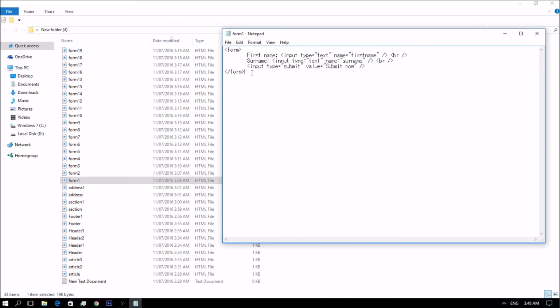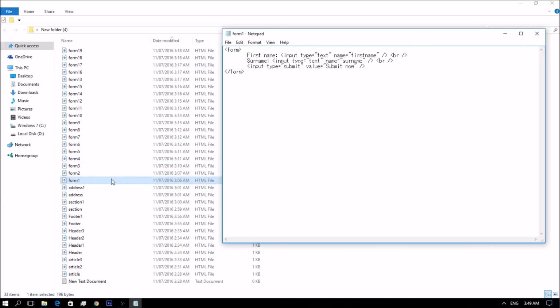So the form tag contains the content of your form. This content is called form widgets, controls, or fields. They all describe the same thing. This content is mostly different kinds of input fields and a button here and there. Let's take a look at a very simple form with just two input fields and a submit button.